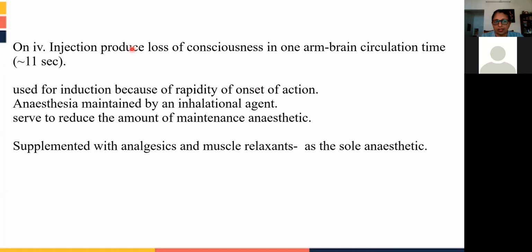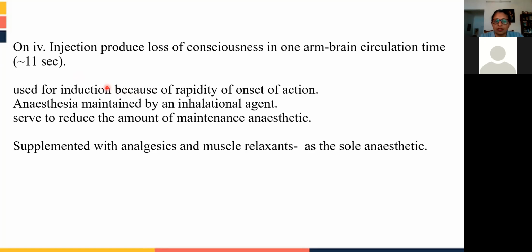It is given as an IV injection, and within 11 seconds it will reach the brain and cause loss of consciousness. That is called one arm brain circulation time. So when we inject, within 11 seconds it acts, so it is very fast. Because of its rapidity of action, it is used for induction. And after induction, the anesthesia will be maintained by other inhalational